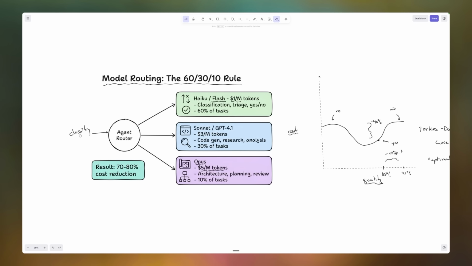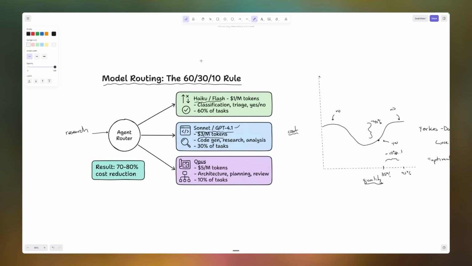Likewise, if you have some other task here, and maybe that task requires a lot of research or something, and you say, hey, I want you to go and compile 200 million tokens worth of stuff and then give it to me in a big report. Well, you probably don't want the dumbest model to do that for you, but you also don't need the most expensive model. So maybe you'll use something like a Sonnet or a lower level GPT model, which might cost $2 or $3 per million tokens instead.